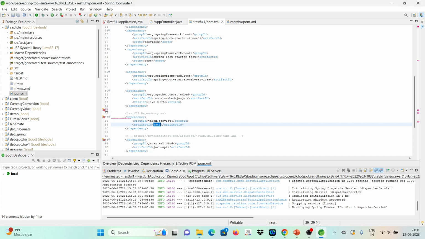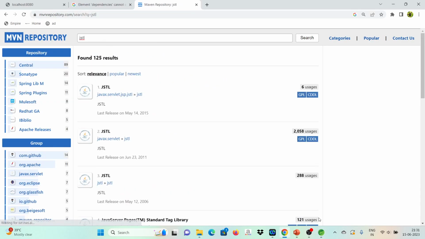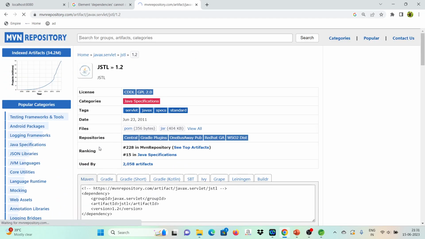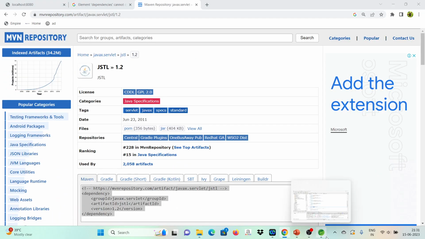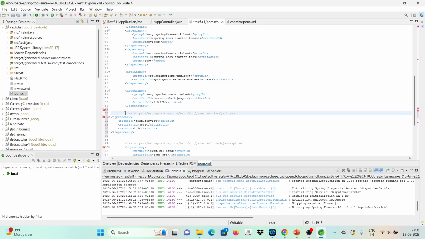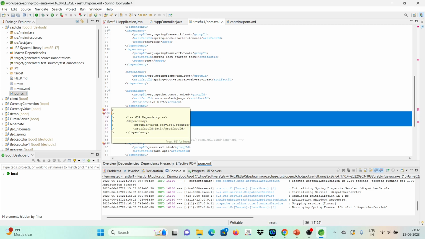So just search for the second one also, JSTL. You want JSTL from javax.servlet, and javax.servlet is the second one which has JSTL. Click on that and open the latest one, 1.2. Copy this, paste it instead of this block, and replace the commented one. Just erase the commented one. Version is the optional one, okay,